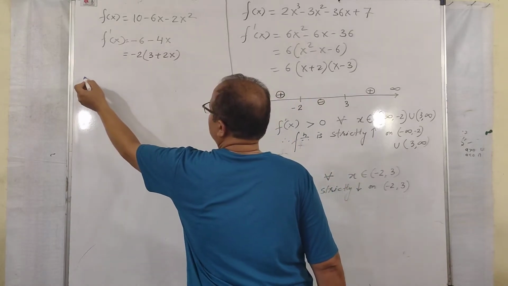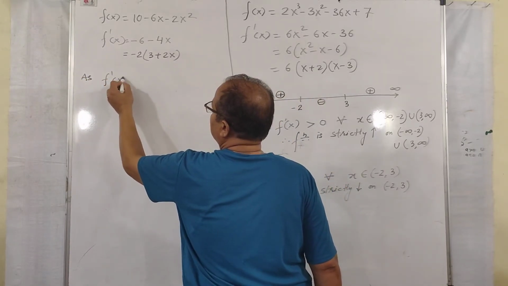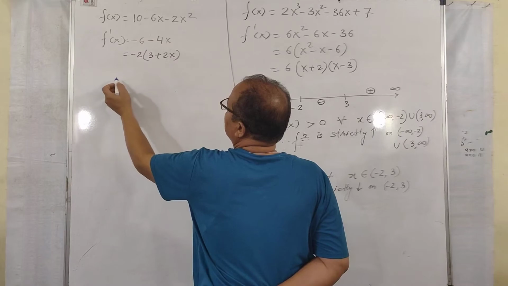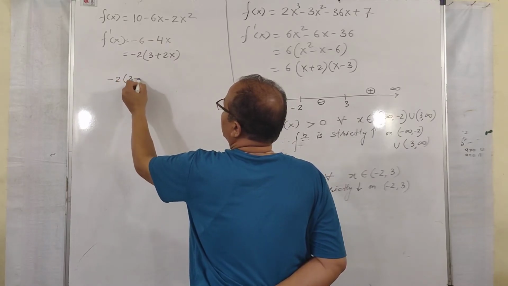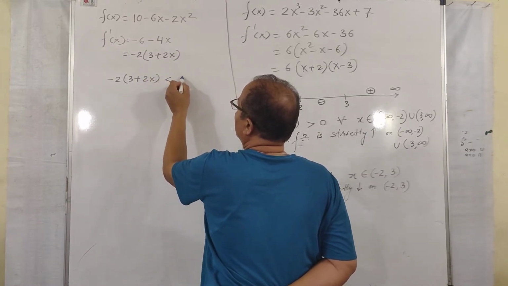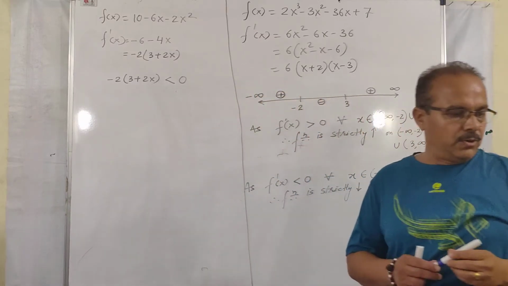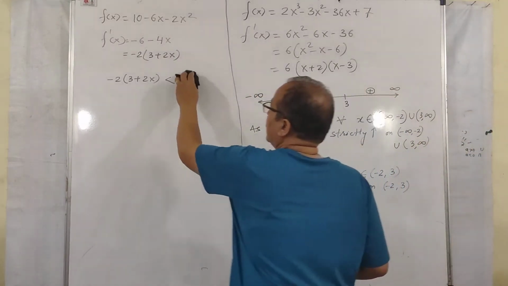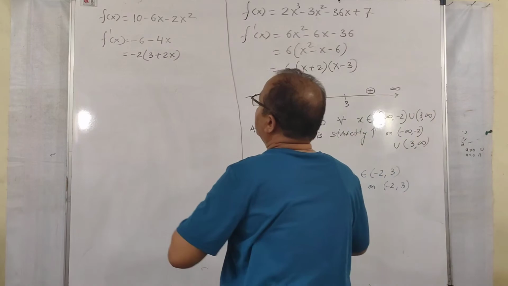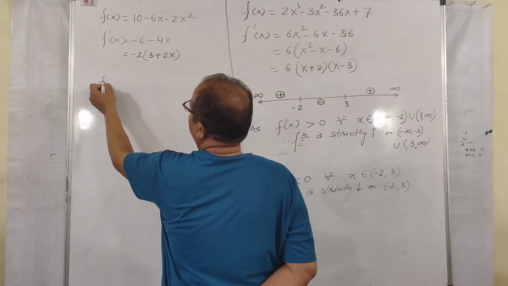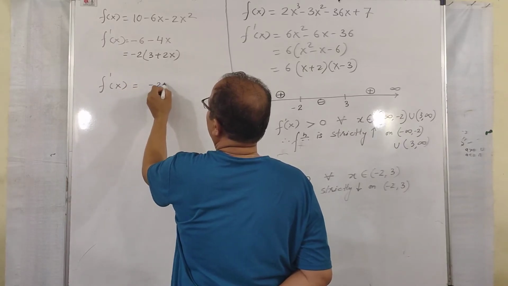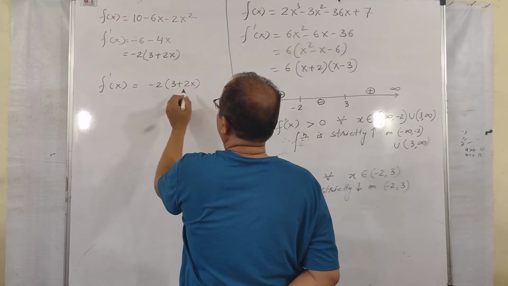Now as f dash x is greater than 0, minus 2 into 3 plus 2x will be greater than 0, for all x belongs to. So when you take it on the number line, what you will get? F dash x will be minus 2 into 3 plus 2x, and we know that